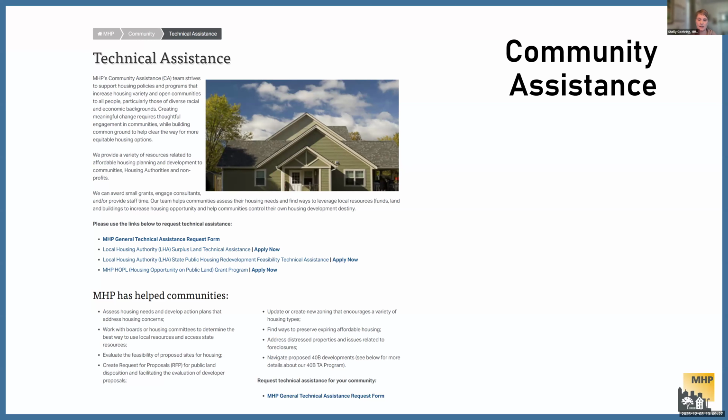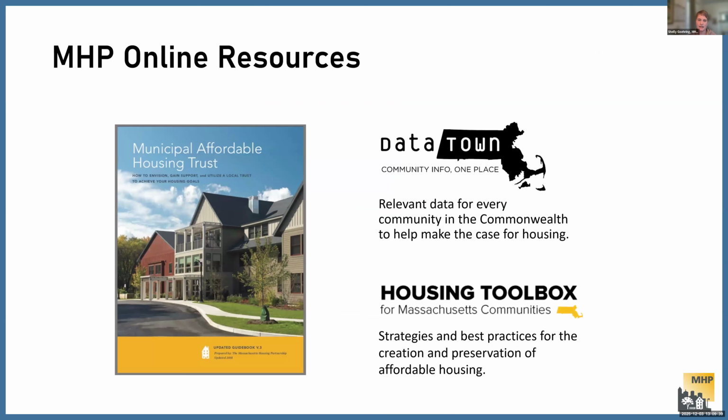We also have a general technical assistance application that is a link on this page as well. So if you are wanting more general technical assistance from us, you can feel free to fill that out. And then we have a variety of online resources. Some of them are from the Center for Housing Data, like Datatown, which gives data points for every community in the state. We have the Housing Toolbox that Community Assistance maintains, and it has a wide variety of information about affordable housing, about zoning, about different local tools like trusts and community preservation